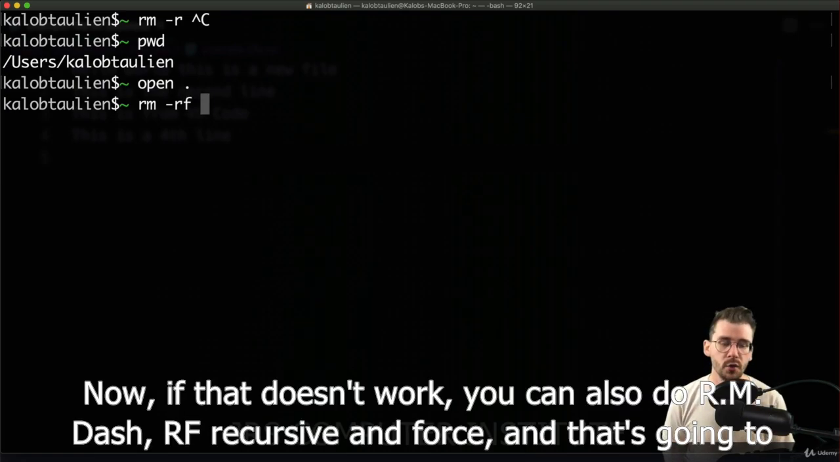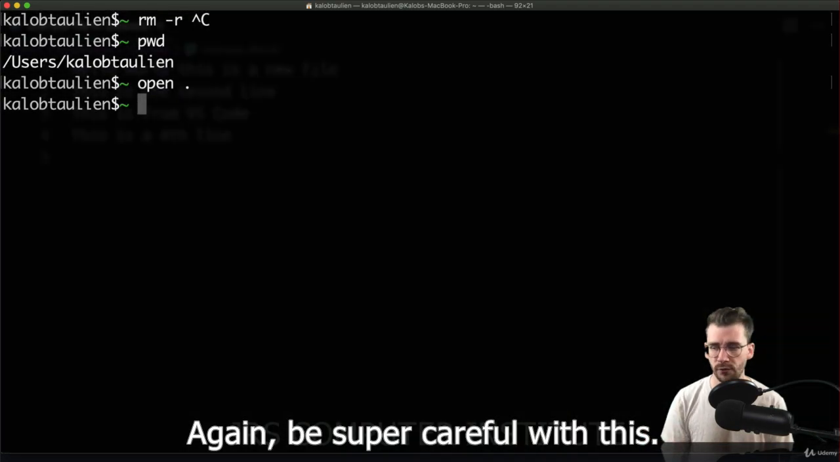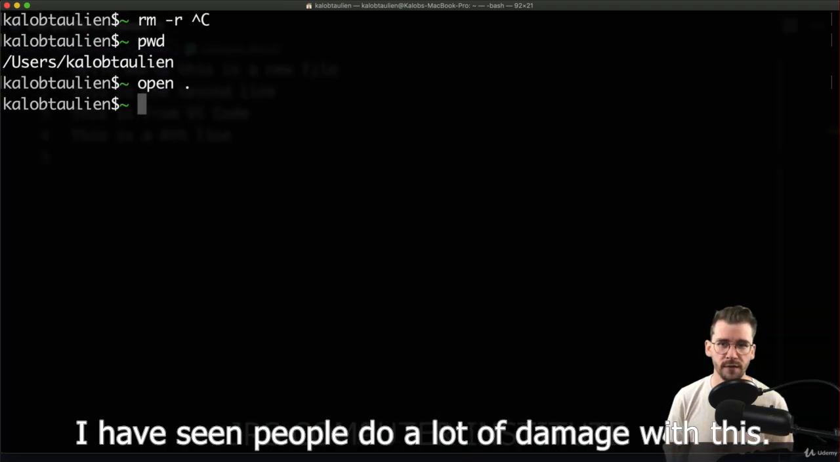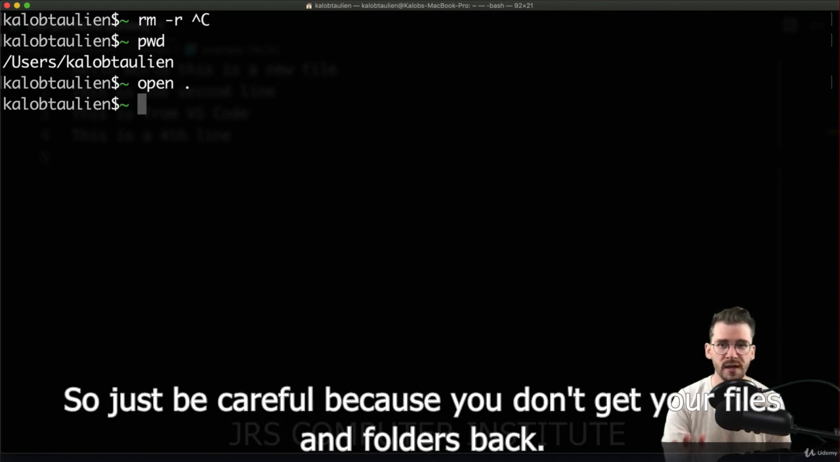Now, if that doesn't work, you can also do rm -rf, recursive and force, and that's going to forcefully delete everything in a folder. Again, be super careful with this. I cannot stress that enough. I have seen people do a lot of damage with this, so just be careful, because you don't get your